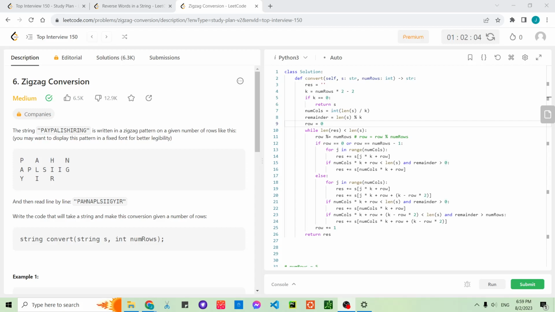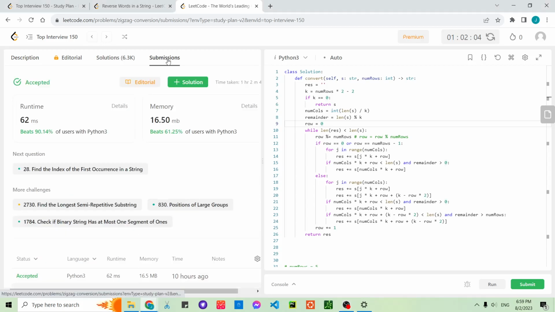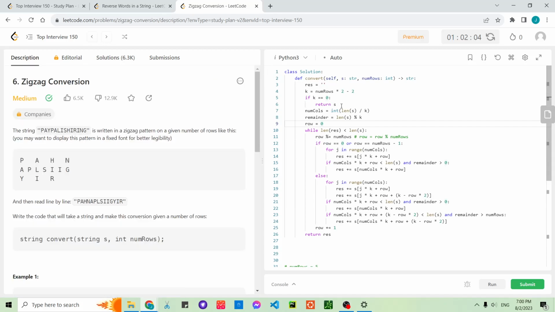Alright, let's continue with this problem. So in the last video, we found a solution that seems to be efficient. I have now taken away all the prints that I had before. So this is my current solution. It starts from this empty string to store our result. We have this variable k, which is the